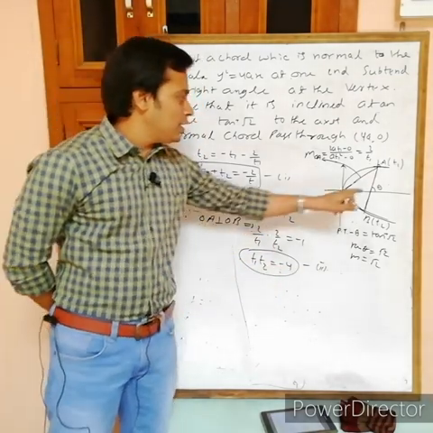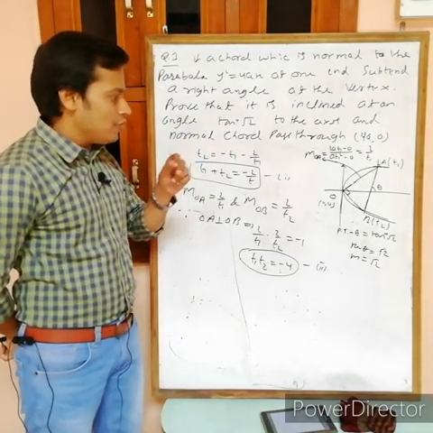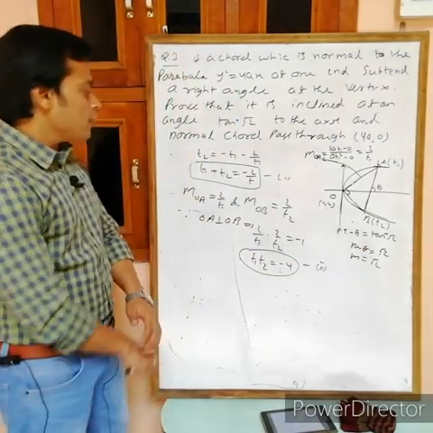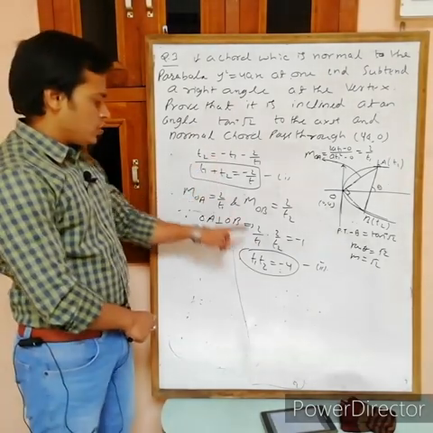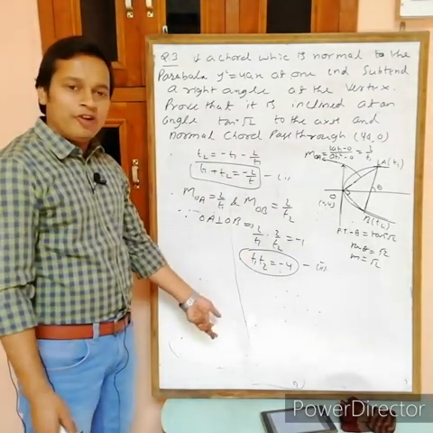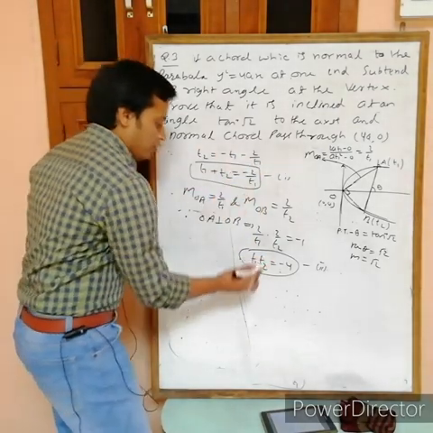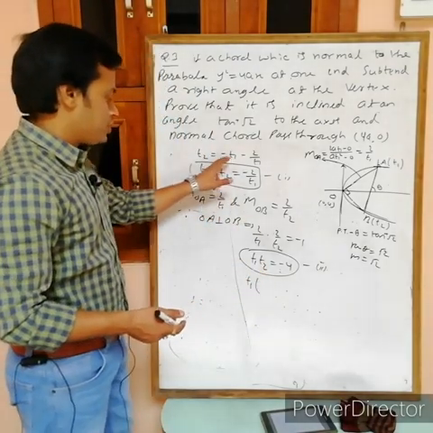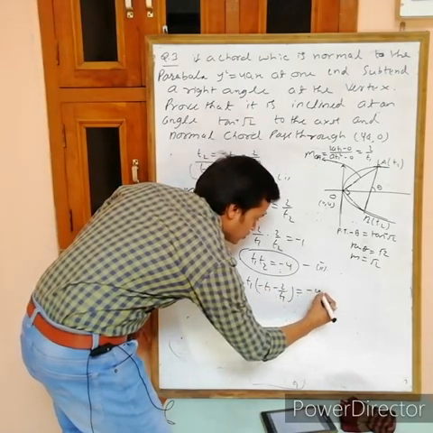Now we have to prove that theta equals tan inverse root 2. It means the slope of AB is root 2. Tan theta is the slope, and the slope of AB is 2 by t1 plus t2. But one minute, by using these two relations, can we solve? Here we have only two unknowns, t1 and t2. By solving these two, we can find the value of t1 or t2. Put t2 equals minus t1 minus 2 by t1 in t1 t2 equals minus 4. What we have: t1 times minus t1 minus 2 by t1 equals minus 4.